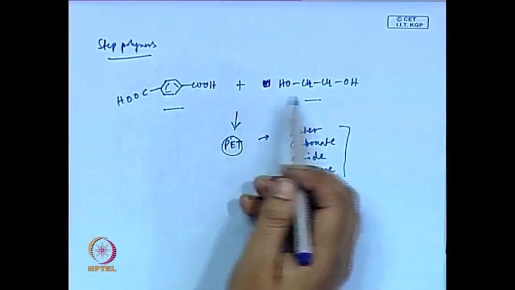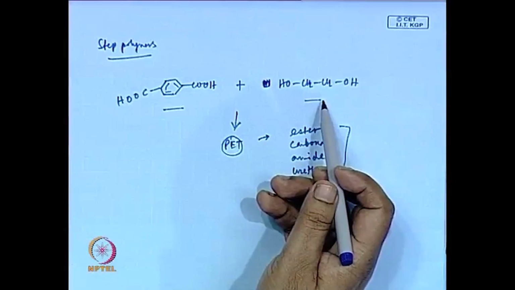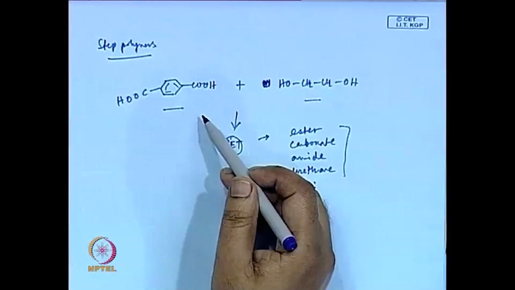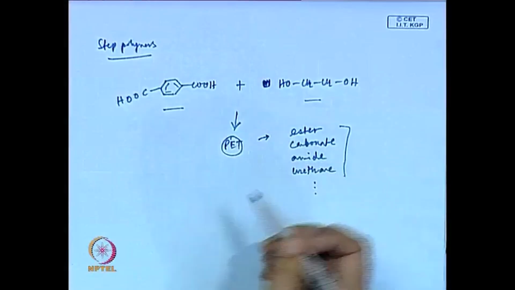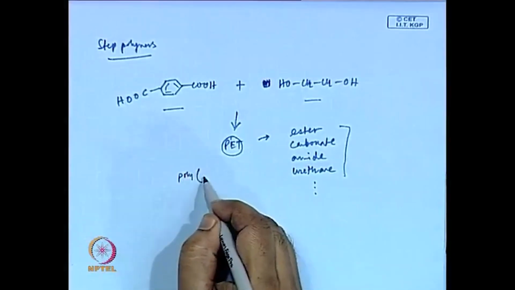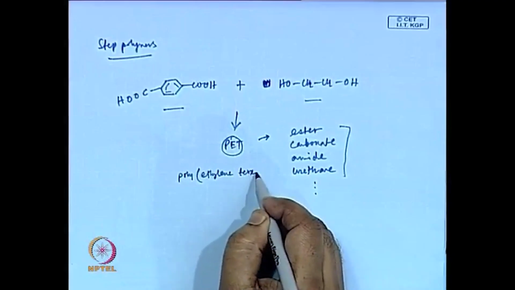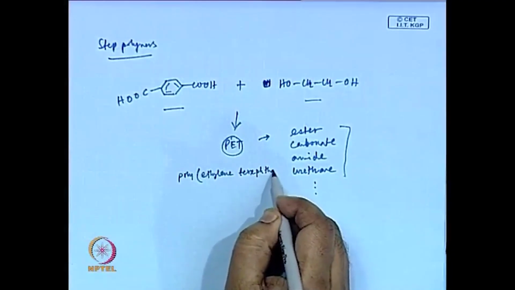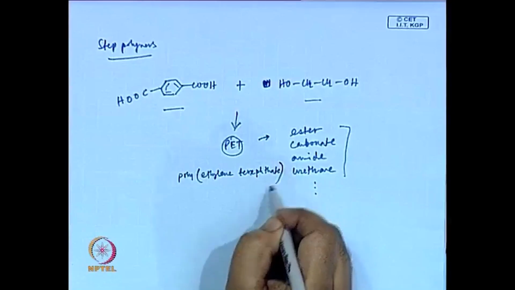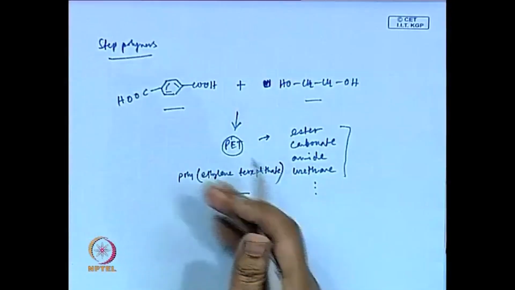Ester formed from terephthalic acid and ethylene glycol. So, you name it ethylene terephthalate, and because it is a polymer, you write this as polyethylene terephthalate. So, similarly, you can name